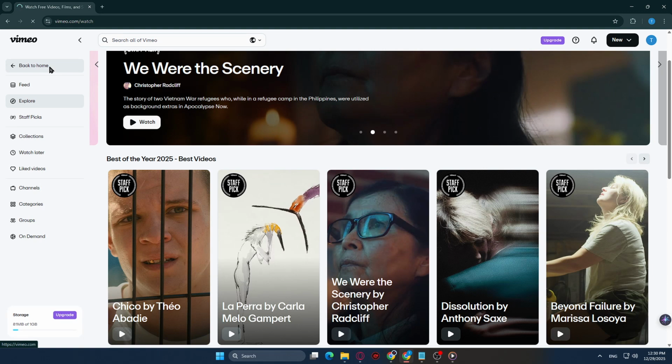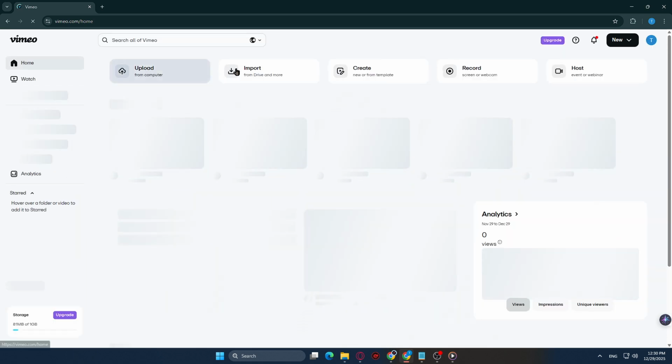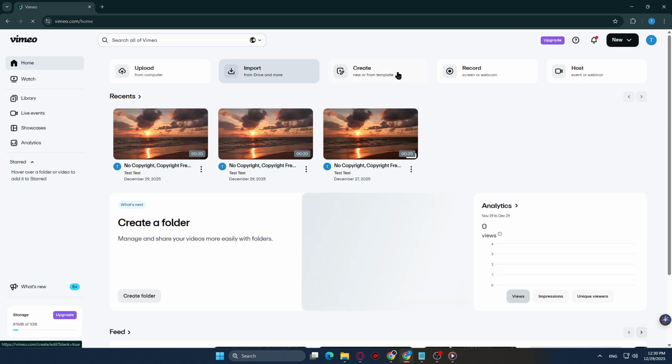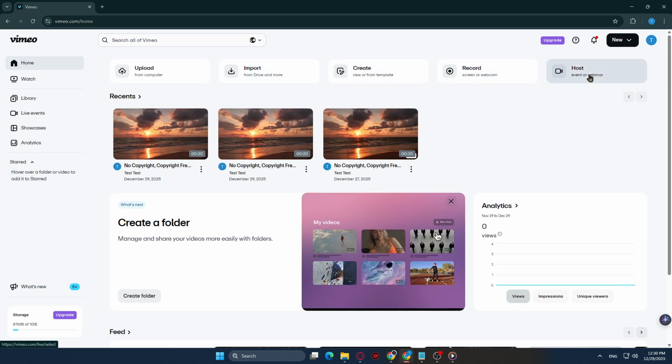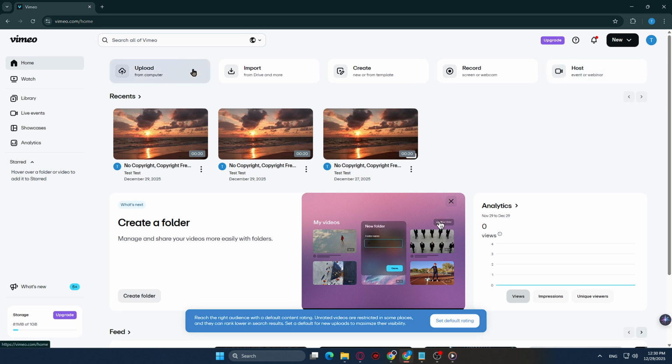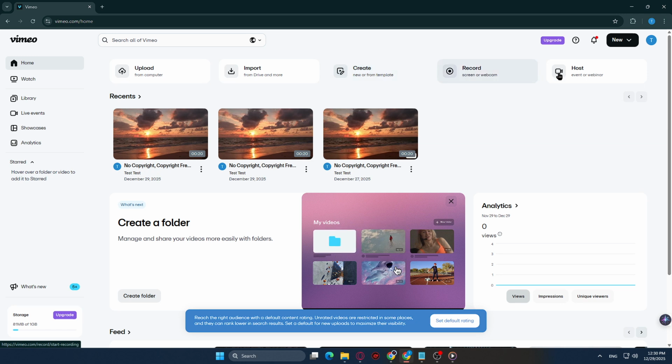Next, head to your home section, which highlights quick actions and shortcuts. From here, you can upload, import, create, record, or host. Upload lets you add a video file directly from your computer, maintaining high-resolution quality. Import is useful if your footage lives in connected services, so you can bring it into Vimeo without downloading it locally first. Create takes you into Vimeo's built-in tools for assembling clips, adding simple edits, or using templates to get